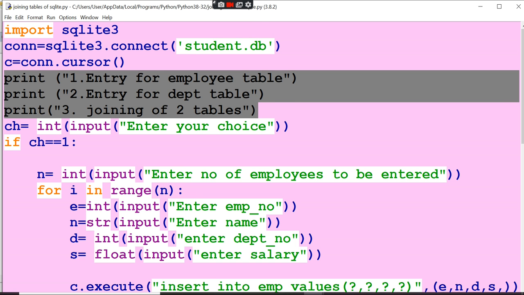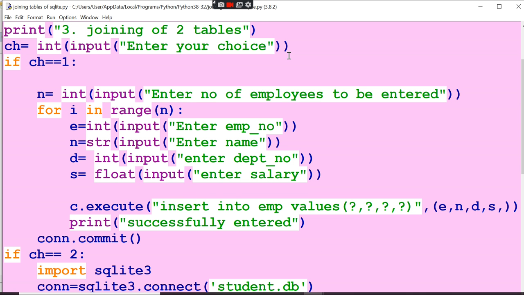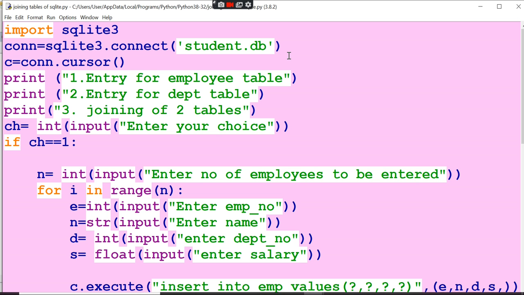Next, 2 to make an entry for the department table. So the tables have been created. Now you have to insert all the data into them, right? So we are going to print: 1 to enter the employee table, 2 for the employee department table, 3 for joining two tables, okay? So this is what we are going to give.